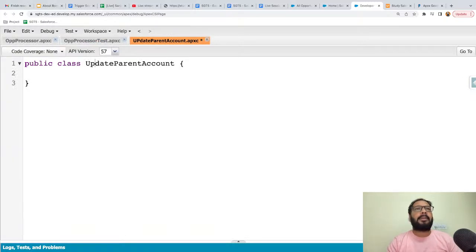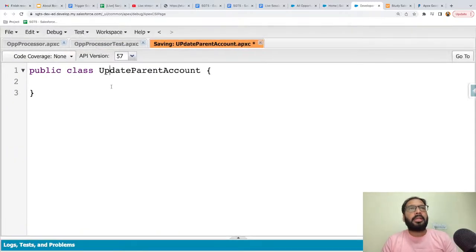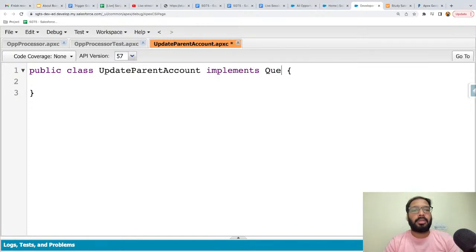Okay, so what I'm going to do is create one Queueable Apex class where, on an account record, I will be populating a parent account record, right? So what does it mean? I'm going to show you that. This way I just implemented this Queueable interface. Now, what I'm going to do,